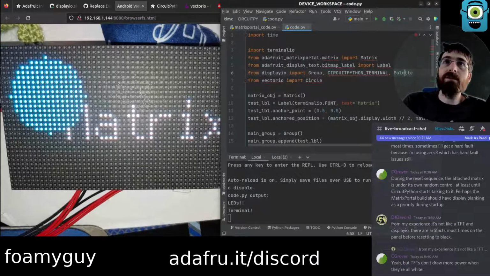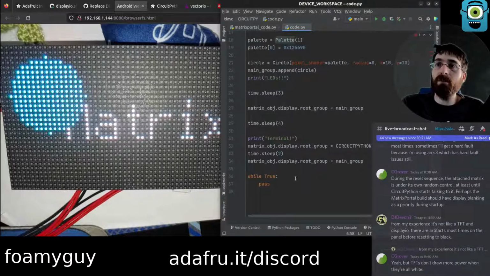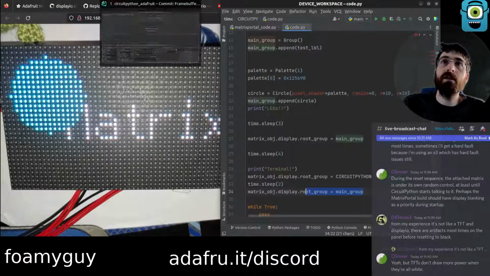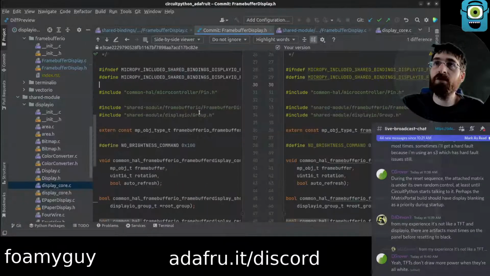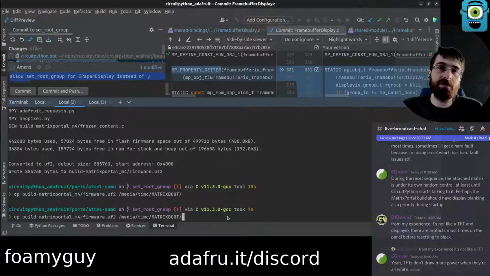Okay, so this is looking good. We got the ability to set the group, it's working. We got the ability to go back to the terminal and back to the group, back and forth. Everything appears to be going good on this device. I don't believe we made any more changes in the core, so I think we're ready to go ahead and commit this. I'm pretty sure I ran pre-commit before, but also there's no harm in running it again.